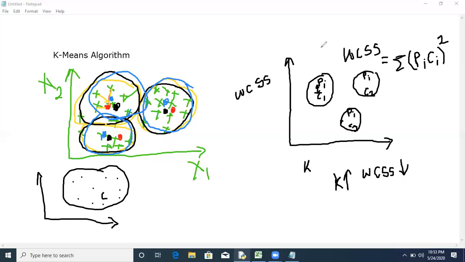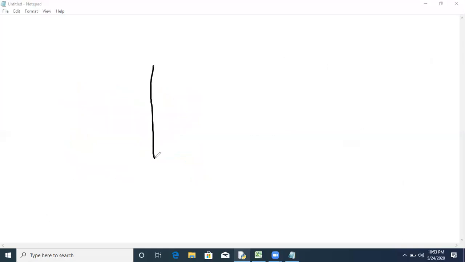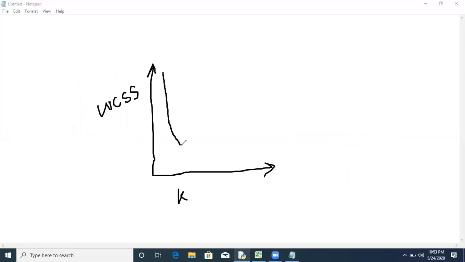The same thing we will do here. We will plot WCSS versus K. On the y-axis we'll consider WCSS, on the x-axis we'll consider K, and the graph will look like this. Initially the value of WCSS will be more, and then suddenly at some point it will sharply decrease.